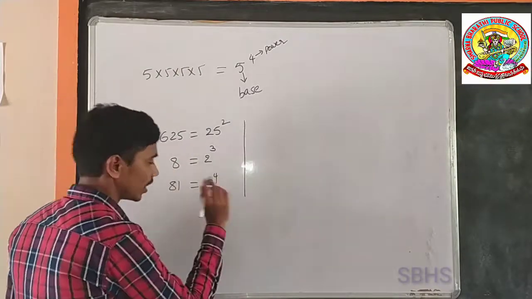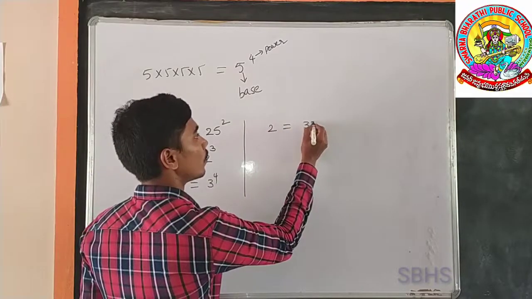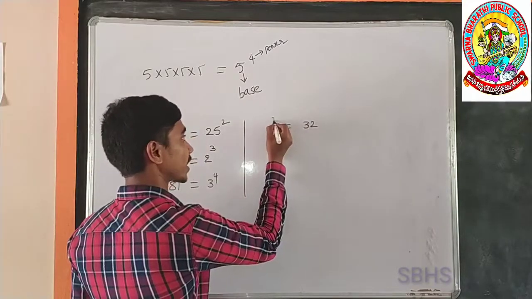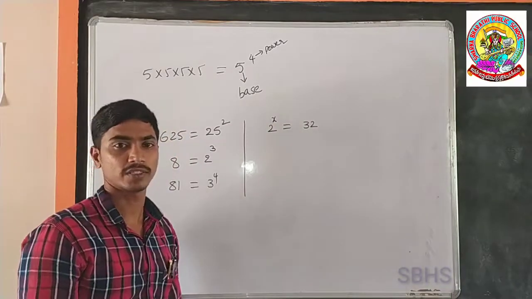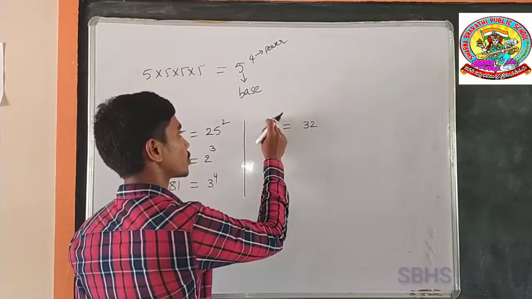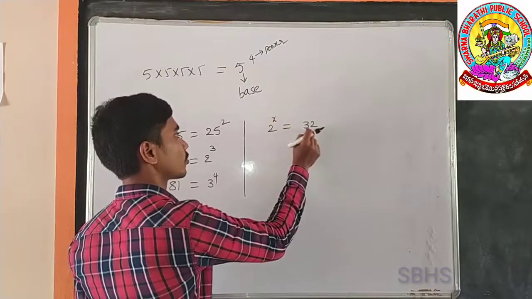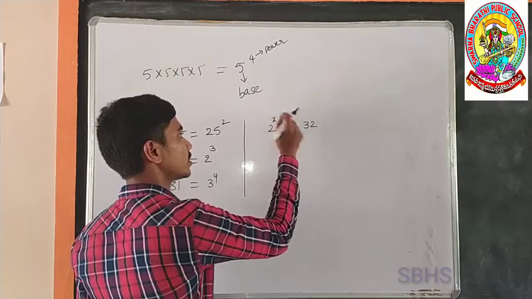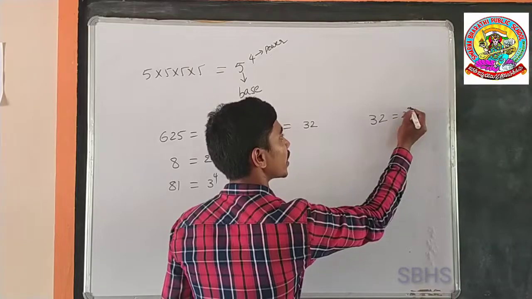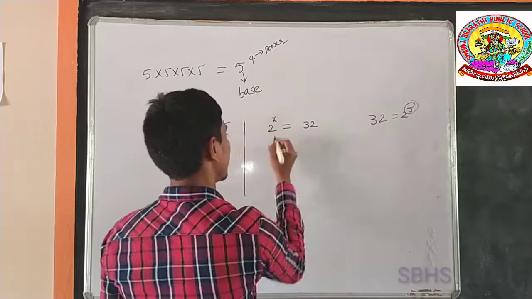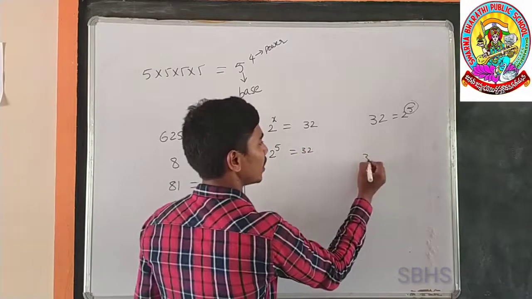Now, reverse. How many times should 2 be raised to get the value 32? Which means, 2 to the power of x is equal to 32, so what is the value of x here? 32 is nothing but 2 to the power of 5. Here the x value is equal to 5,